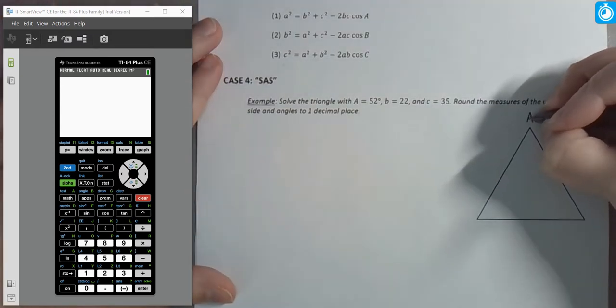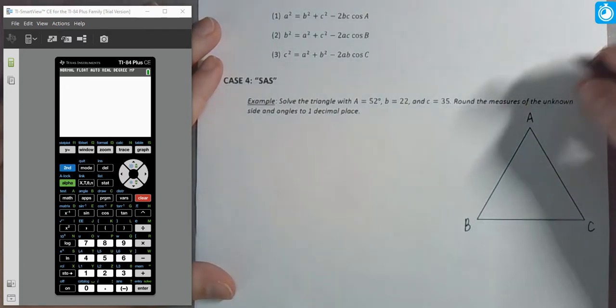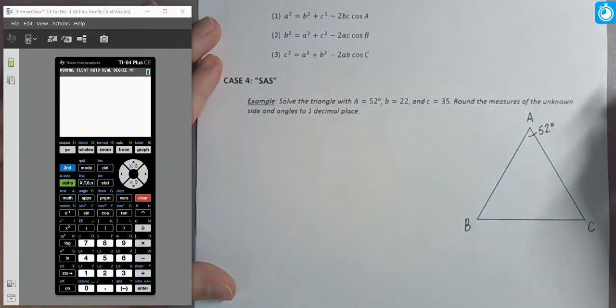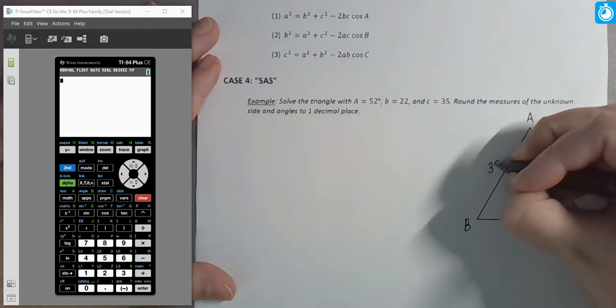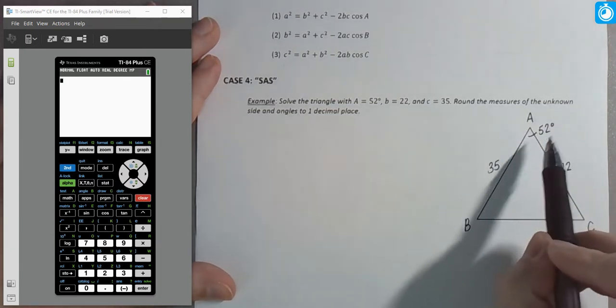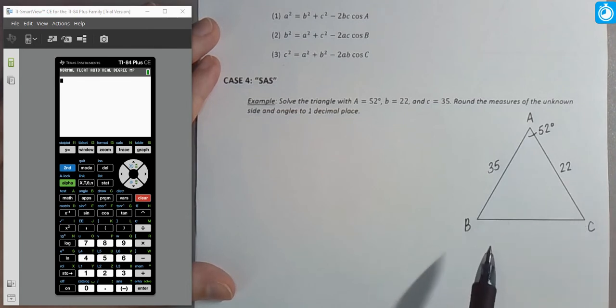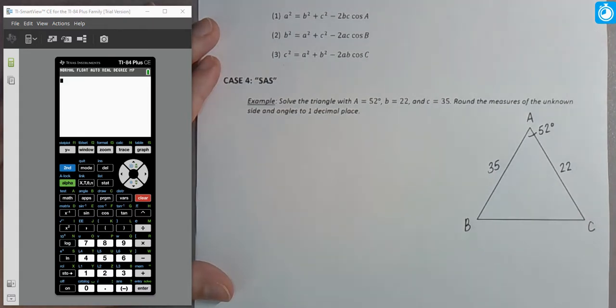So let's start by labeling our triangle, A, B, and C. We're given angle A is 52 degrees. We were given that side B is going to be 22 units, and then side C is going to be 35 units. So side, angle, side. Now the only angle we're given is 52 degrees, and notice we don't know what the opposite side length is. And again, if you're tempted to say, well, I'm going to use the Pythagorean theorem,